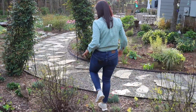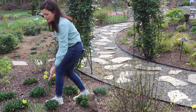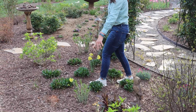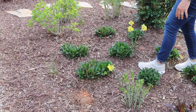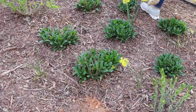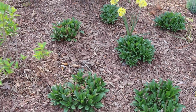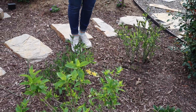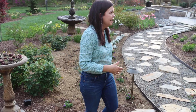And then coming down through here, we have Baptisia that is coming up. I have multiple types of Baptisia in here. So there's a couple here. My Amazing Daisies are really nice. It's going to be a great color for me. And then I have these 2 Baptisia that kind of flank the sidewalk right here, the little pathway next to that Limelight Prime, the Baptisia, of course, the Amazing Daisies. And then look y'all,